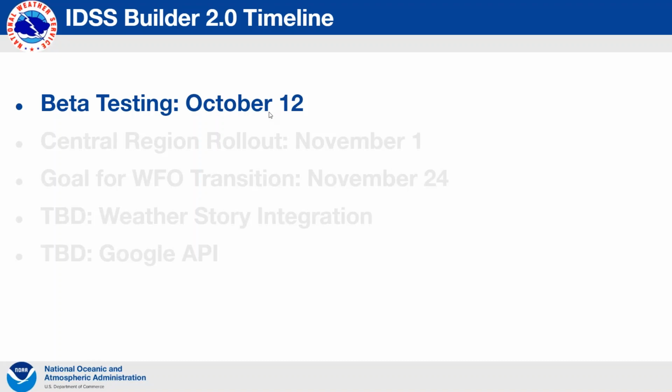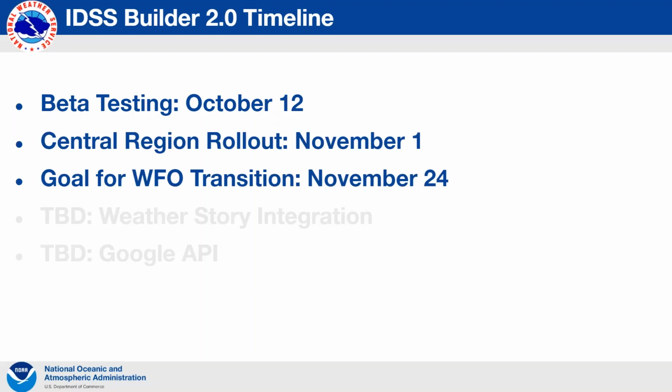All right, so with the timeline, we did roll out the beta version 2 to a handful of offices, mostly in the Rocky Mountains. We were given the green light to beta test back in October 12, and this was just to give them a leg up on preparing their templates for the earlier onset of the winter season and the higher DSS demands that come along with it. Everything with beta testing went mostly well, and that allowed us to move ahead to the Central Region rollout back on Monday, the